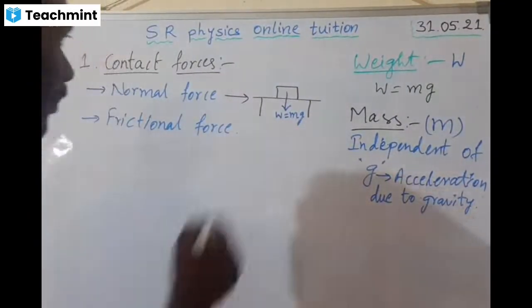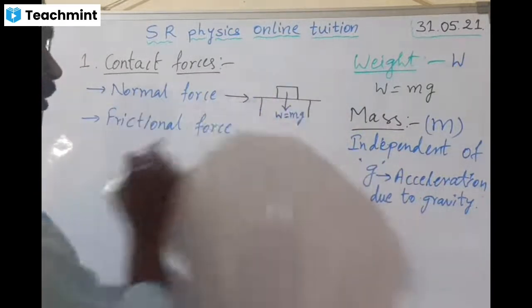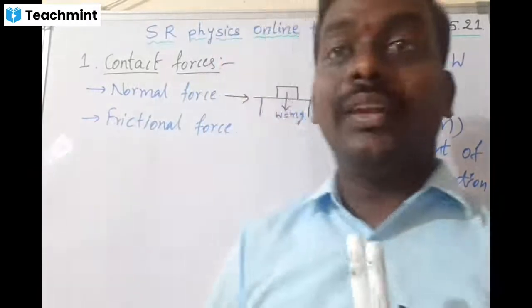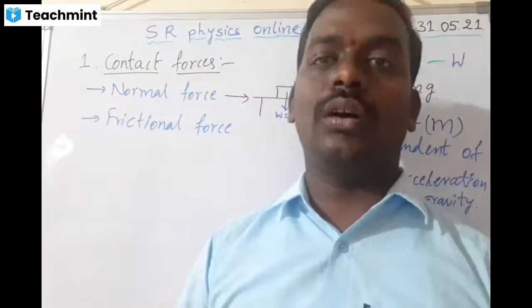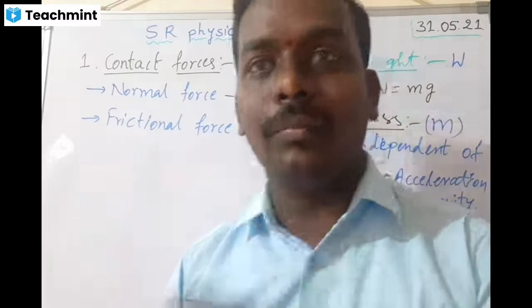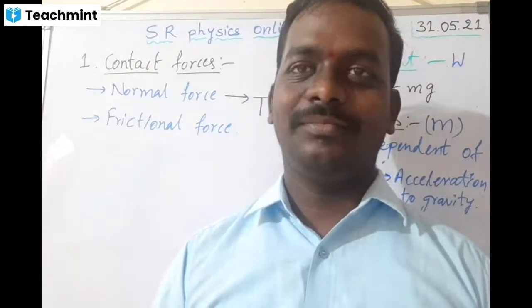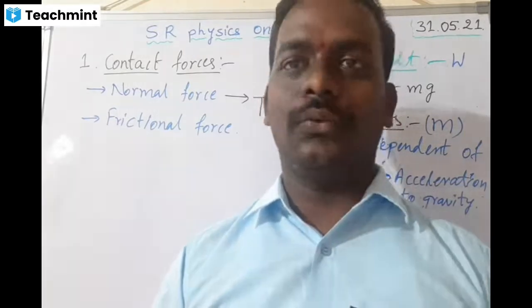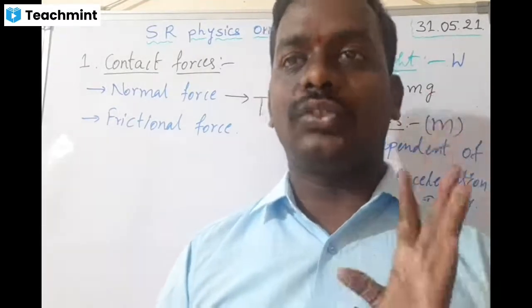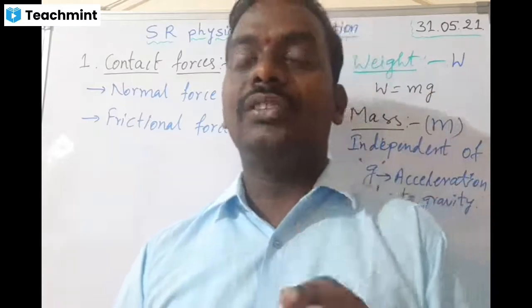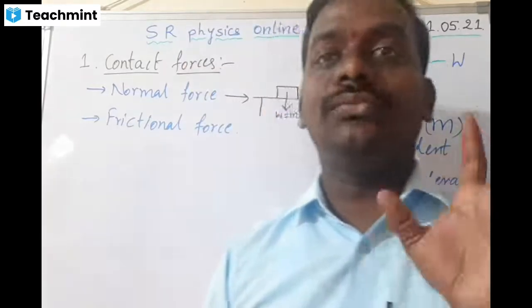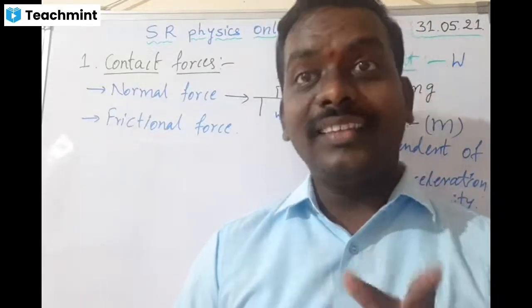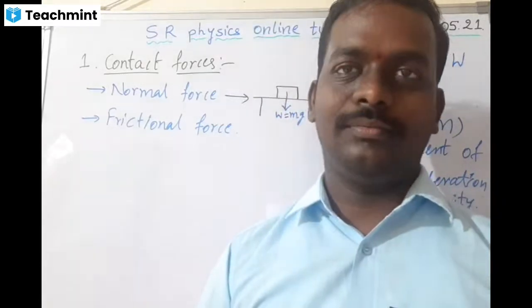Now here, before going to see completely about this normal force, let us go through a few things about the frictional force. So frictional force is an opposing force on objects when they are in motion, or even if they are not in motion there will be some frictional force existing. It is an opposing force. Simply remember it as: frictional force is an opposing force on any body when there is some other force existing.